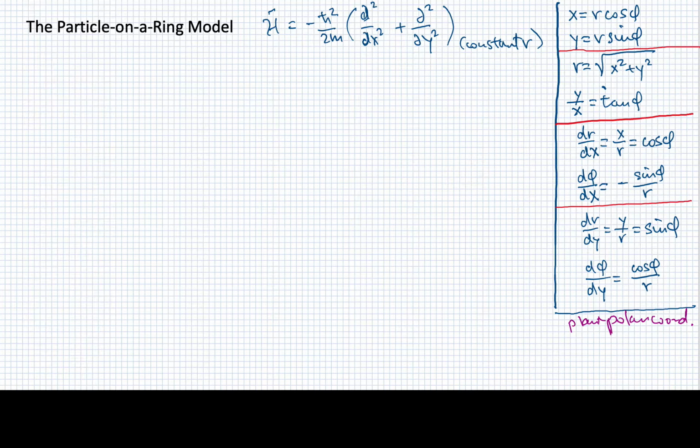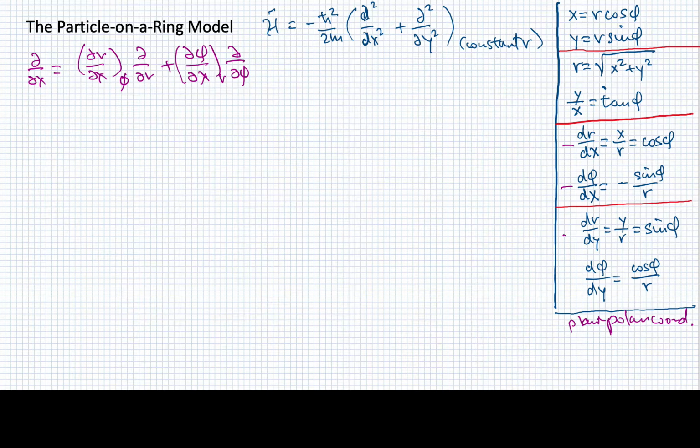So we have x is equal to r cosine phi, y is equal to r sine phi. We can also write r and phi in terms of y and x, which are done here in the second panel. And then we need to use the chain rule to change our derivatives. So for example, if I have d dx, I need to change that into a combination of r and phi. So I'll need dr dx at constant phi, d dr plus d phi dx at constant r, d d phi. And I've got the appropriate two